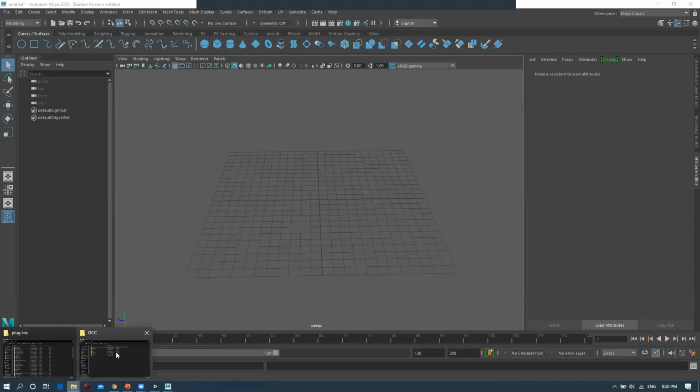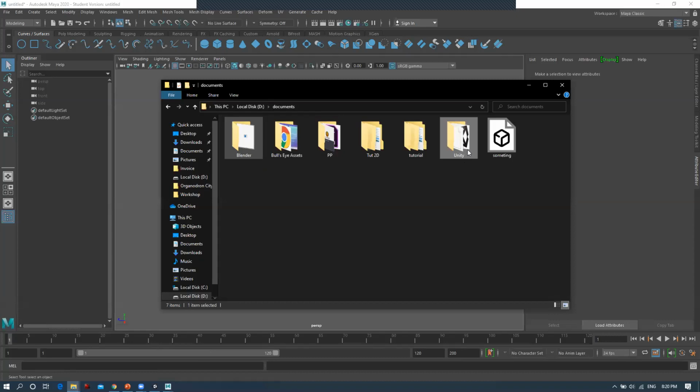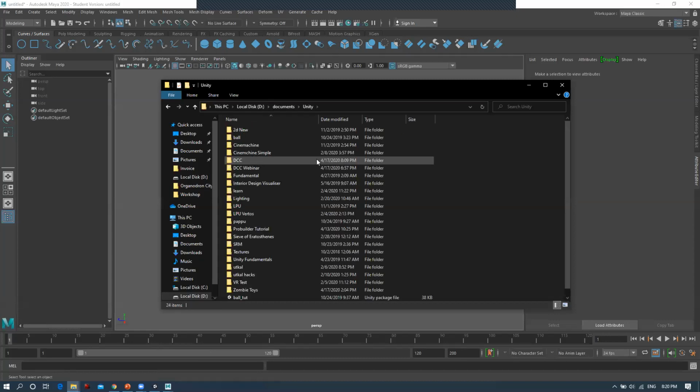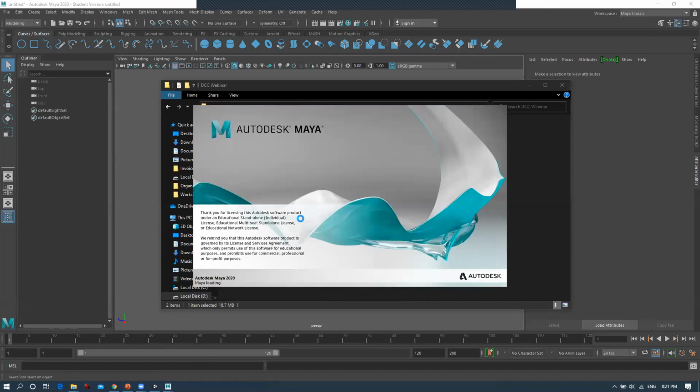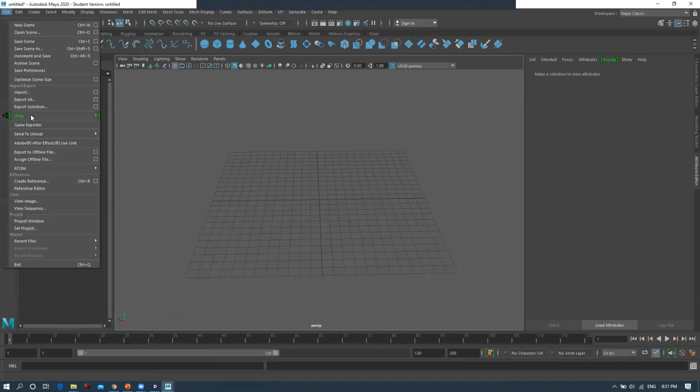So I'm going to open my Maya file, which I have, and I'm going to use that Maya scene file to push that asset directly onto Unity. I'm just launching Maya over here. After installing, you will have this kind of extension available. There will be a Unity logo over here, and then all these four options will be available.